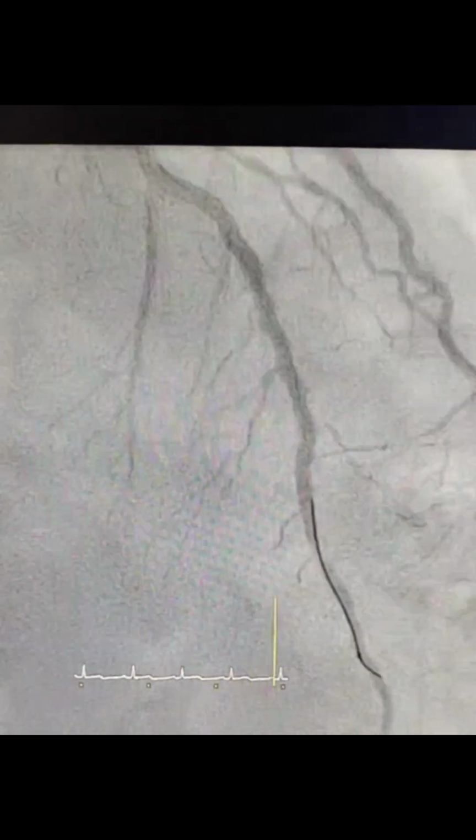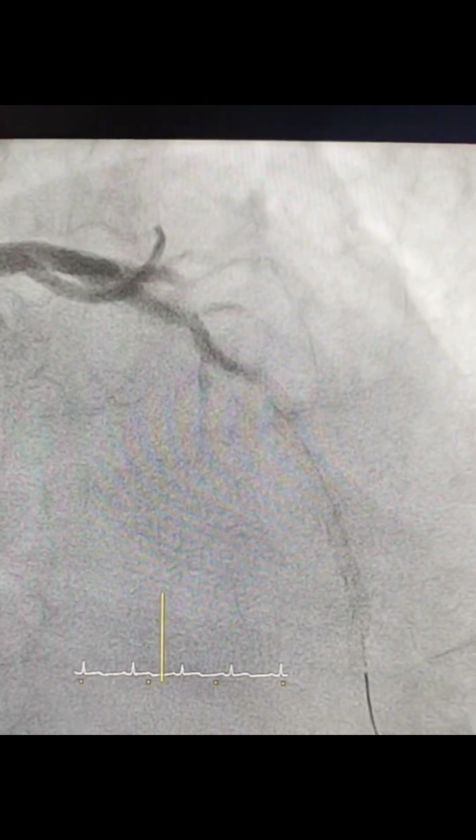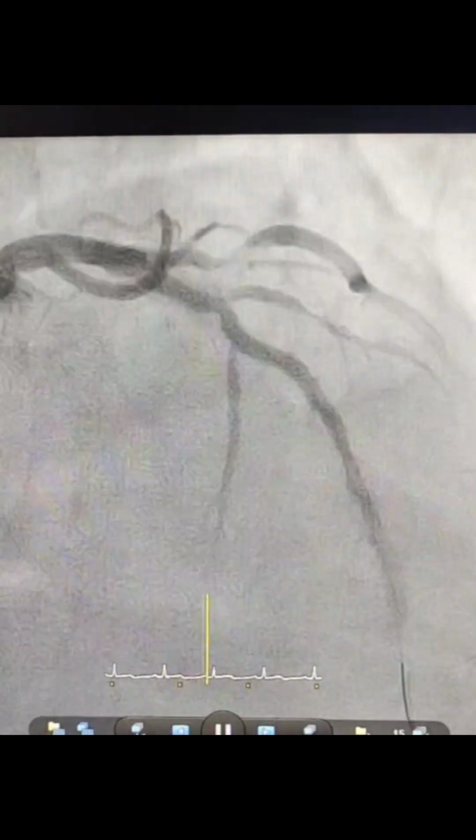We are done with this thing, Wolverine cutting balloon, and then we did the NC after the Wolverine cutting balloon, and then we put the stent